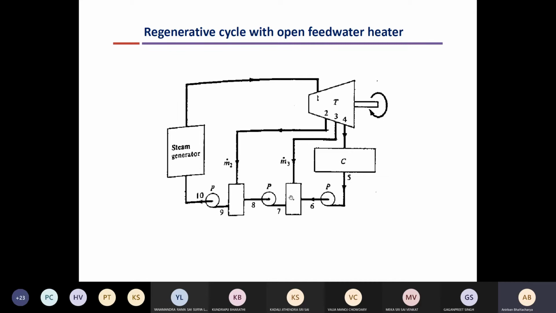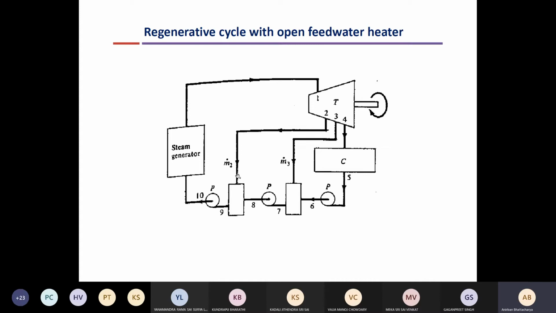Now this entire mixture, which may be around 90% of the total volume, is in liquid water state. Okay. And we had taken out some steam at higher pressure and temperature. So now this steam enters the second feed water heater at high pressure. But this water is at relatively lower pressure. So again, this needs to be pumped to high pressure, otherwise this steam will flow back through the pipe. Okay. So this water needs to be pumped to high pressure so that the pressure matches with the steam pressure.